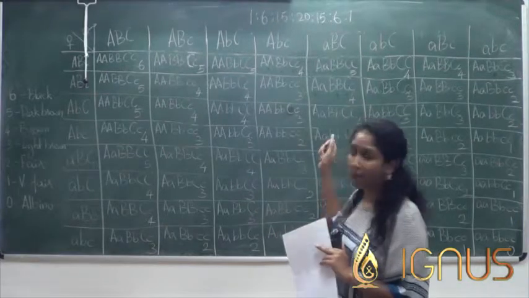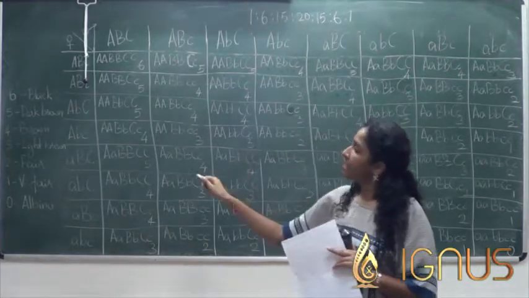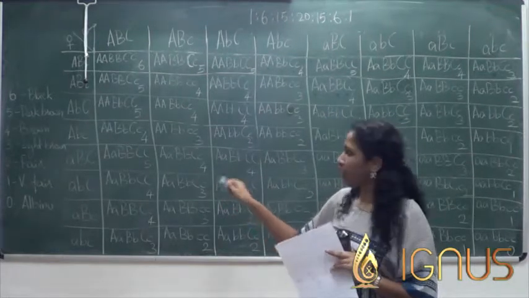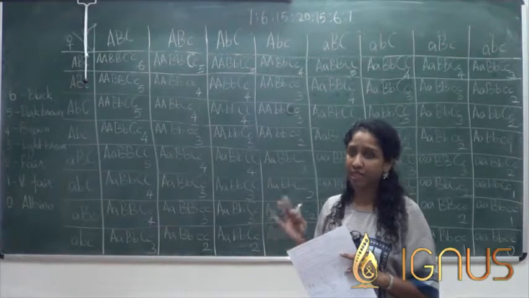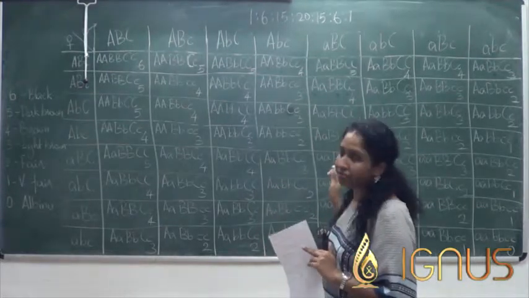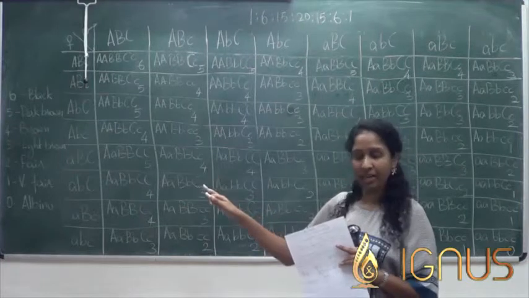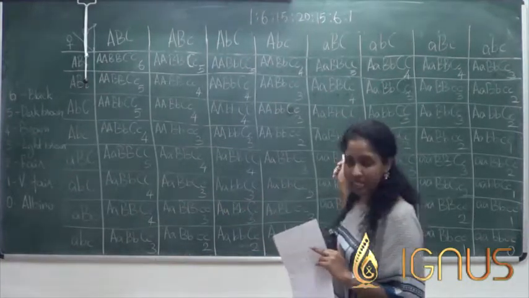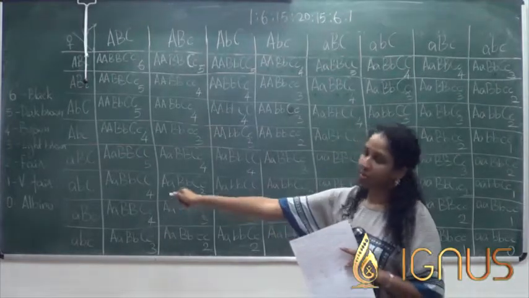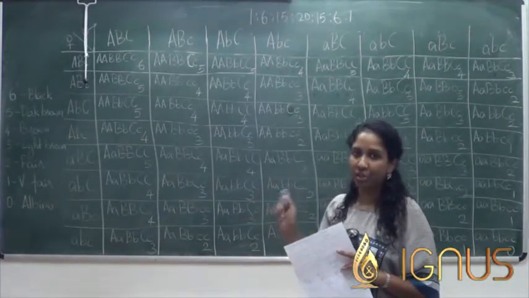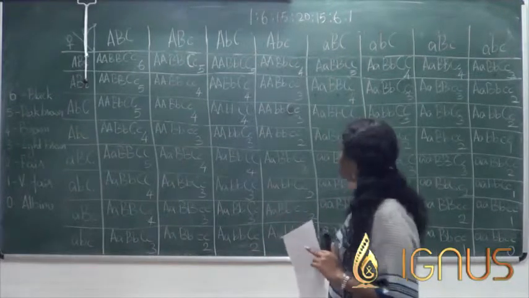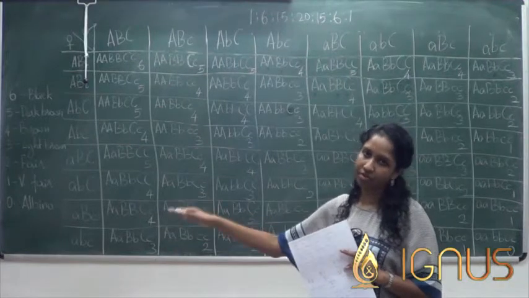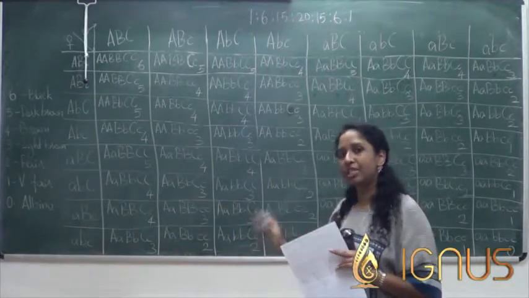Then the next ratio 20, the biggest one, has the intermediate skin color, which will be light brown or wheatish, you can call, which will have 3 dominant alleles. The next ratio 15 refers to fair, which has 2 dominant alleles. And then you have 6, the next ratio, which will be very fair, which will have 1 dominant allele. And the last ratio 1 comes from 0 dominant alleles, where all of them are recessive, which gives the albino